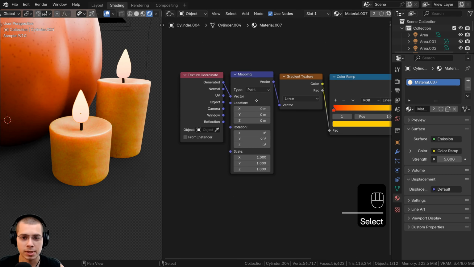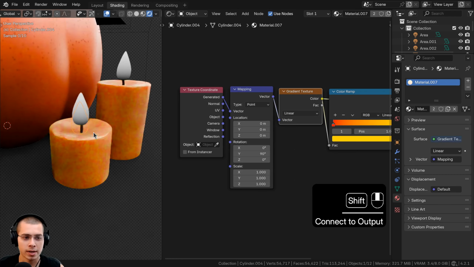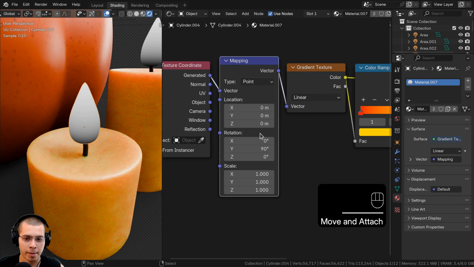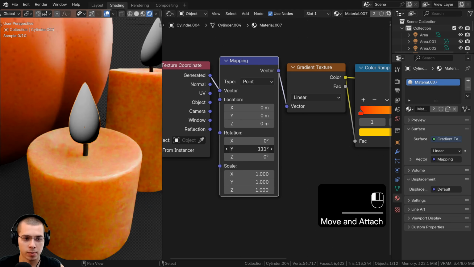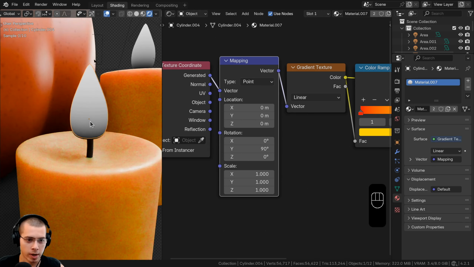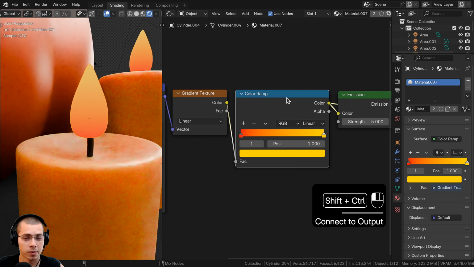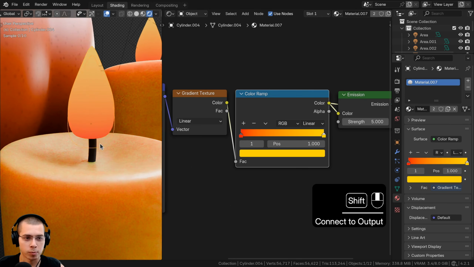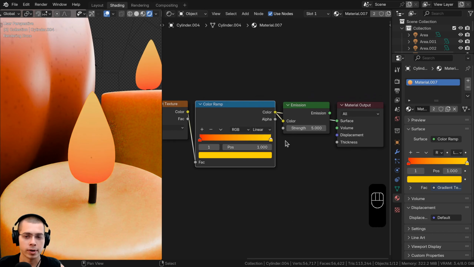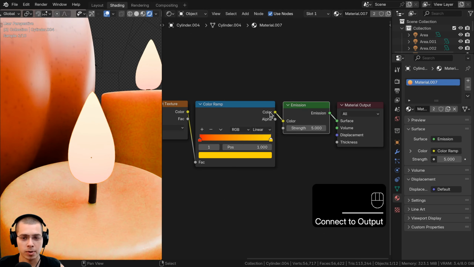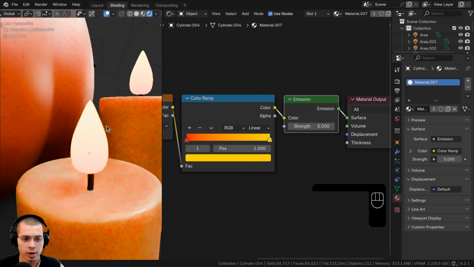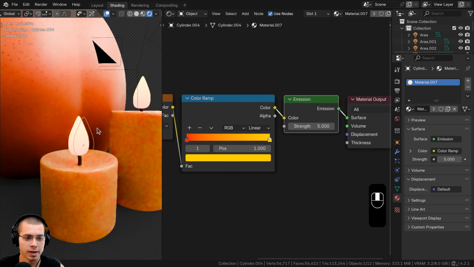Now for the flame material, what I did is add a gradient texture, but then I used this Mapping node here and rotated it around on the Y axis so that the gradient is going up and down. So it's darker down here and lighter up here. Then I put that through a color ramp and I made the bottom of it more red and the top of it more yellow. And then finally I put that into an emission shader and turned the strength up to 5, and that way we have these nice bright